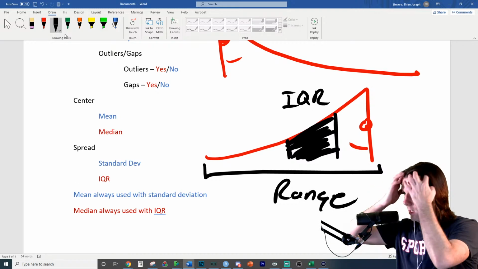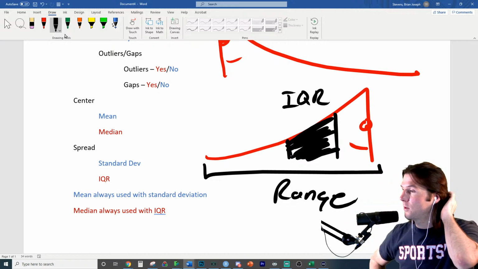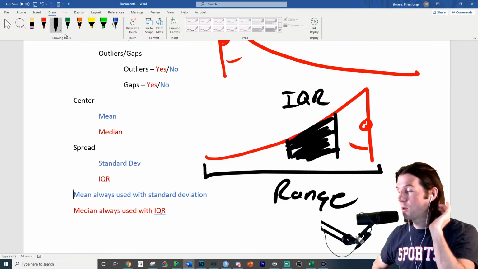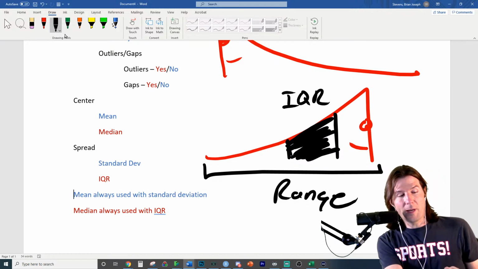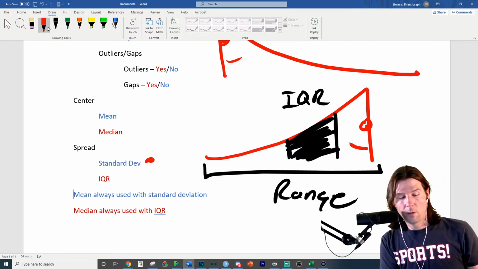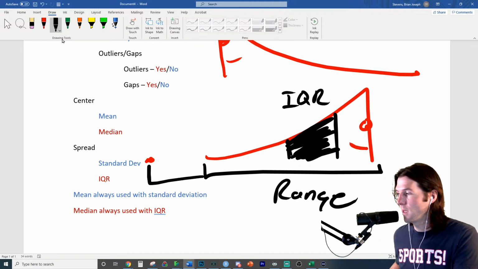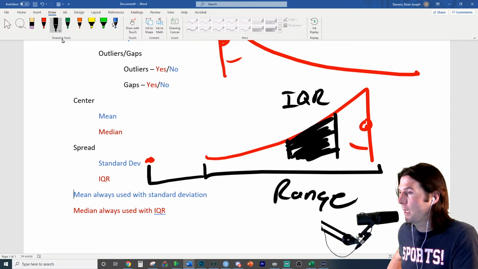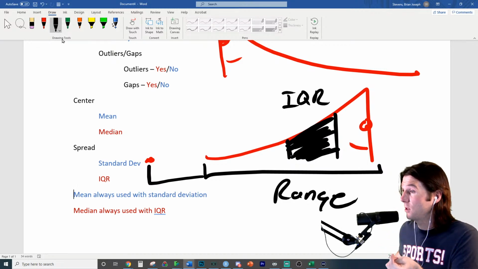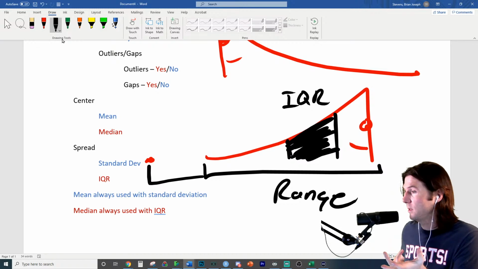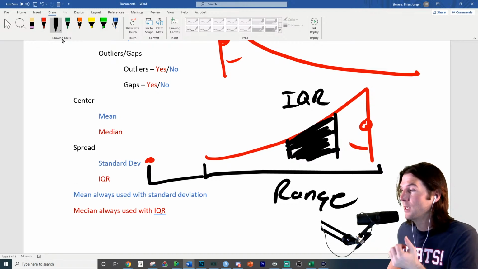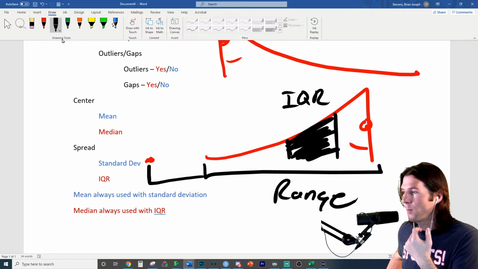So the IQR is a better idea of how far the data is spread apart, because if you had an extreme outlier like over here, then all of a sudden your range would be increased because of the outlier. Does that make sense, Lorca? Range is oftentimes not going to give a good view of the data because one point could be exaggerating the range. Imagine if we had a data set,